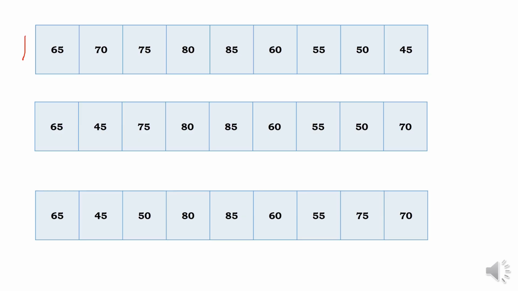So pivot P is still at 65. We had to swap the ith element with the jth element because I was pointing here and j here. Now after the swap takes place, we have got 45 in the place of 70, and in the place of 45 we have placed element 70. Now, I needs to be incremented. So, I points to the next position and j will be decremented. Next, you should continue the scan.